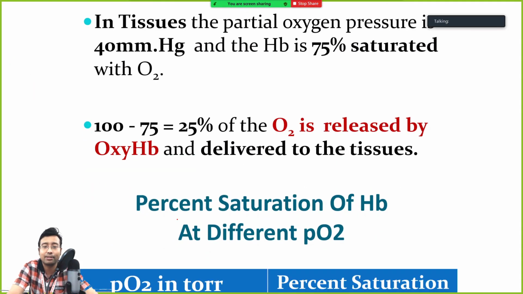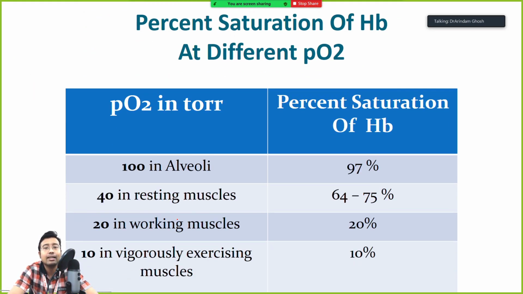That doesn't happen. Okay. So this is what happens when we exercise or whenever the body demand is increased. Okay, look, in alveoli 100% PO2 and generally the percentage saturated hemoglobin is 97 to 100%. Okay, it is not 90, it is 97 to 100. Resting in muscle, resting means you are not doing any activity, for example sleeping. PO2 is 40. This unit is millimeter of mercury. And percentage of hemoglobin saturation is up to 75%.